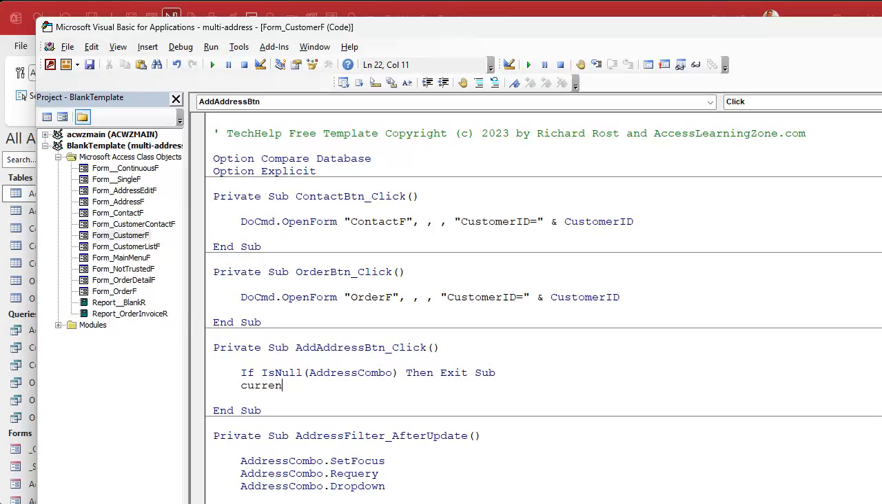So it's going to be CurrentDb.Execute. That's how you run an SQL statement. You can also use DoCmd.RunSQL if you want to. Remember to turn the warnings off. All right. Insert